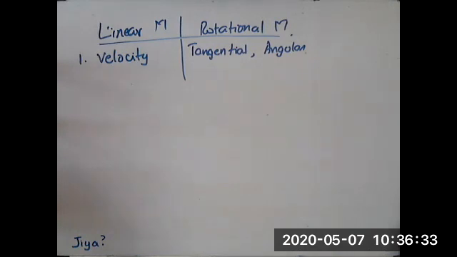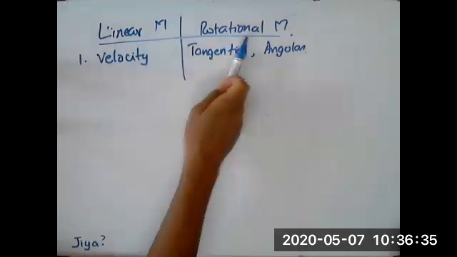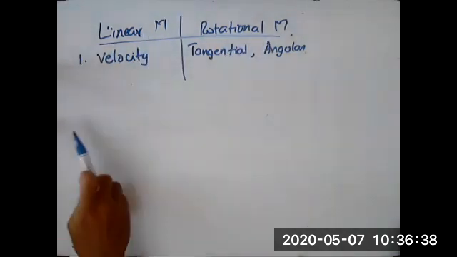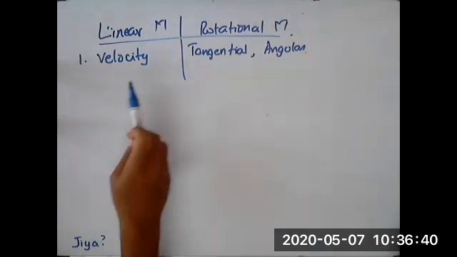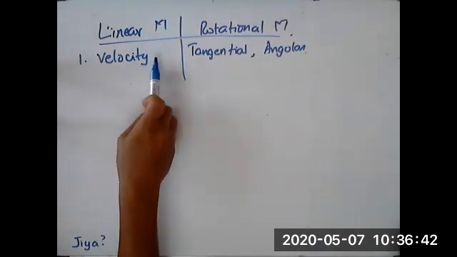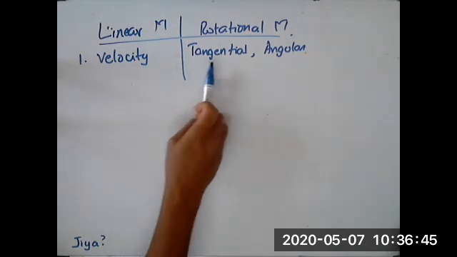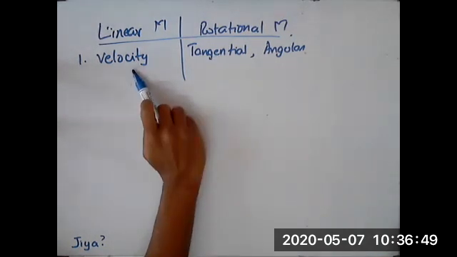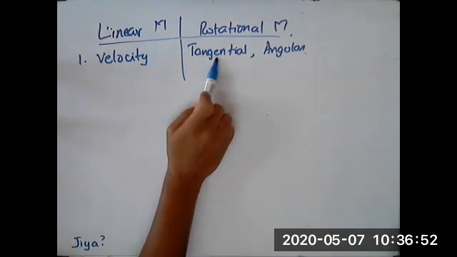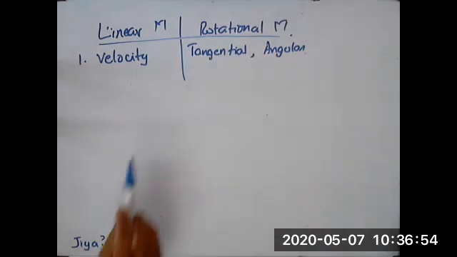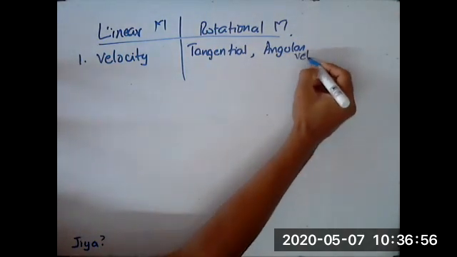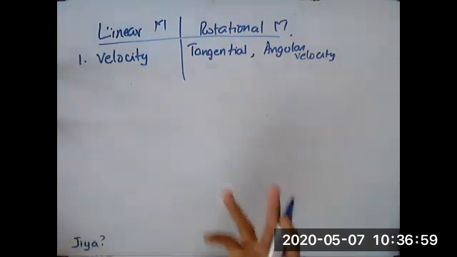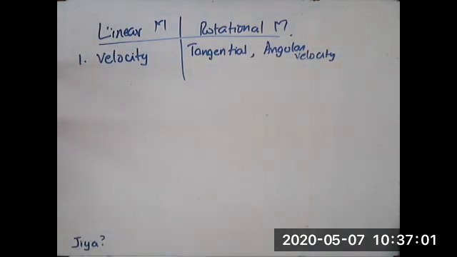So comparing linear motion and rotational motion, we have some parallels. We have a velocity which is in terms of meters per second in linear motion. For rotational motion, we have tangential velocity, which is the same as this, measured in meters per second. But then we also have something called angular velocity. Angular velocity is strictly speaking measured in radians per second, which is a measure of angle, but you can also talk about it in terms of degrees per second.